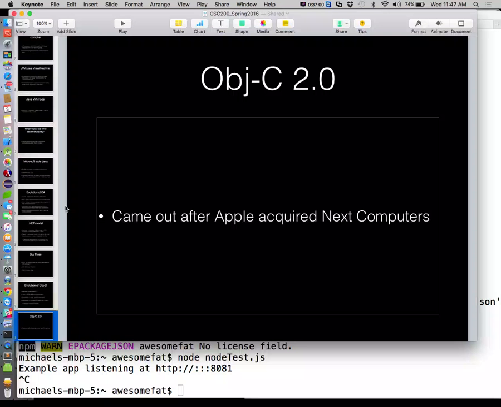And their operating system was considered to be a hit, certainly a move forward for technology. So Next did a lot of really cool things, but never really made it as a company on their own because Apple ended up acquiring them. So kind of talking about that story in the middle,